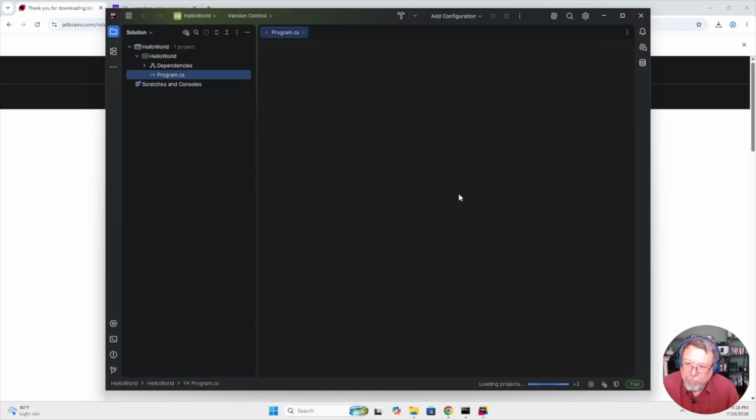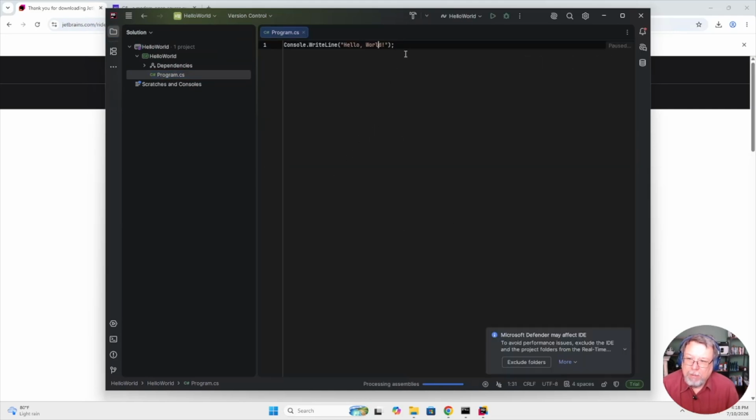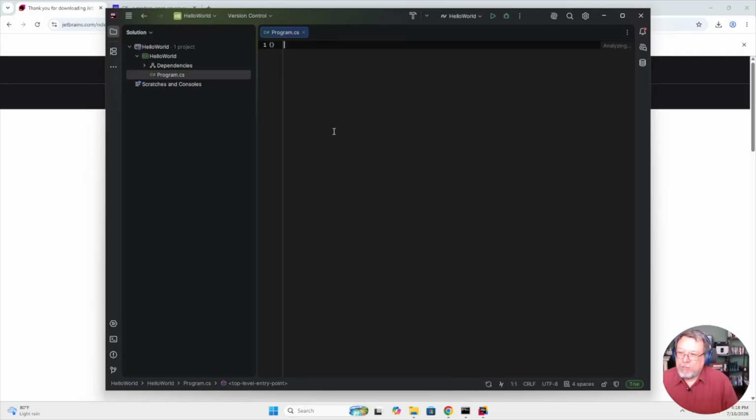Go ahead and load it up. And we're going to go ahead and erase this line for a moment because it's already given us the one piece of code we need for our system. So on the left-hand side, this is the list of files. These are just text files that are part of our project. We only care about one thing for now, and that's the program.cs. That's actually where the code goes. These dependencies and these couple of other top-level files, we don't care about.